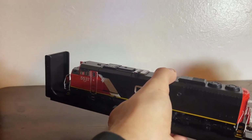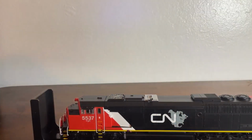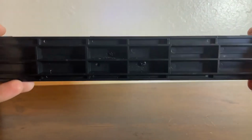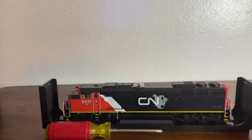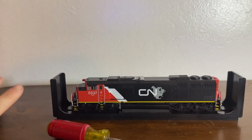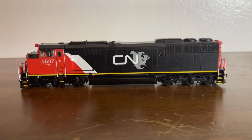Let's pop that one off there. Set our bulkhead down. I will let you see the screws that are currently holding the locomotive in place. There they are in there. So, we gotta get our screwdriver out. I'm not going to subject you to me pulling that thing out, so I will get back to you in a minute. All right, now that we have the locomotive out of its protective bulkhead cradle,